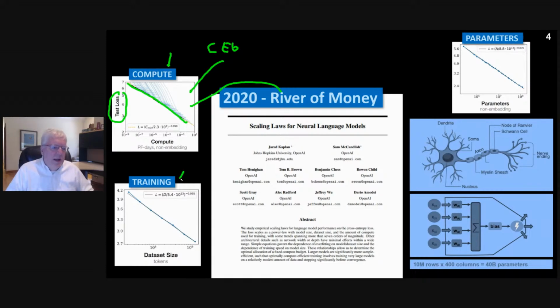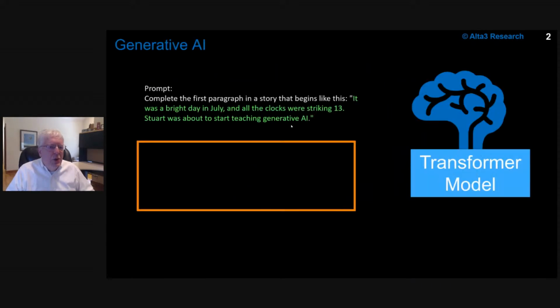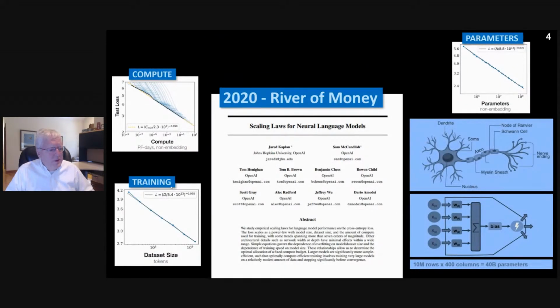The next thing is training. So this is the information that's actually pushed into the neural net. When I say training, let's skip all the way back to here and say that 1.5 petabytes of data, that's the training. And we need to push that into the neural network. And we observe the better job we do, that's a straight line. When in the financial world is there a correlation that's that clear? If I increase the data size, the training data, and I increase the compute, I get a more intelligent machine.